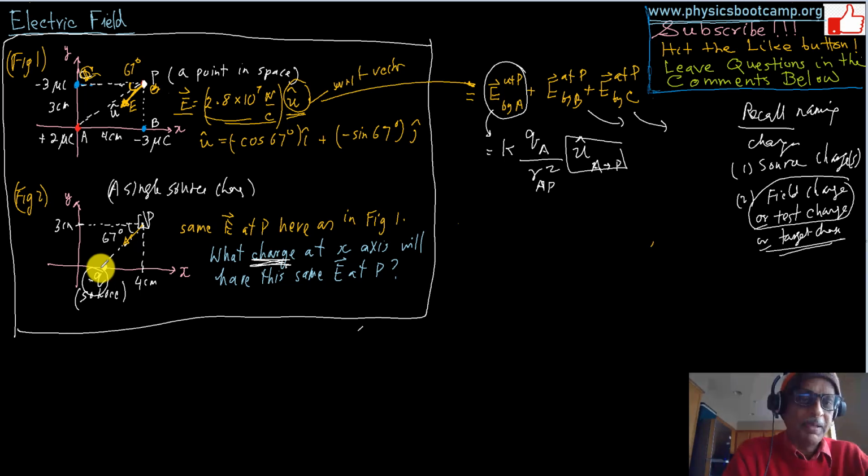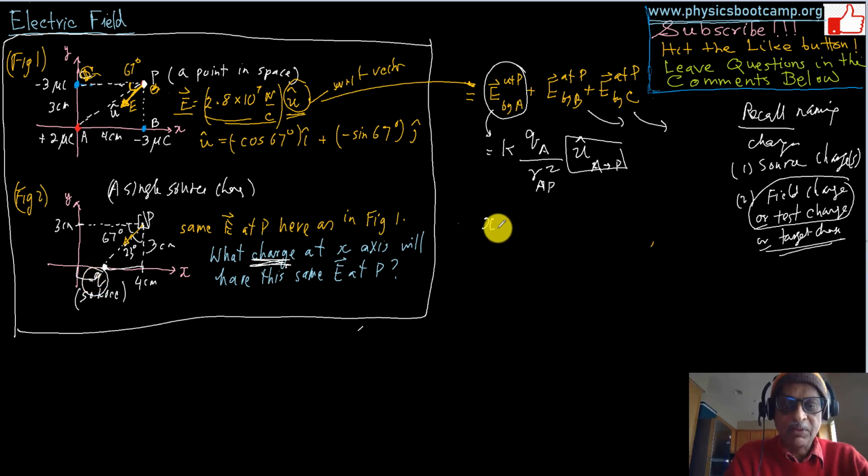Okay, let's see. I need the x-axis, in this direction, and this is 3 centimeter, and this angle from here is just 23 degrees, right? So I can just get this distance, and if I subtract from 4 centimeter, I'm going to get x. This will be the x. X will be 4 centimeter minus